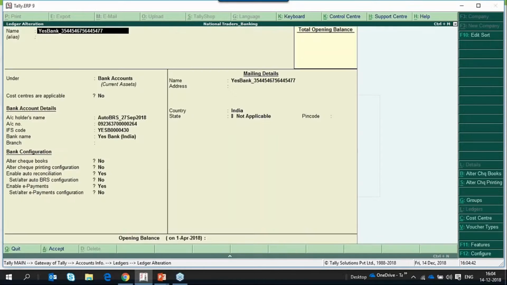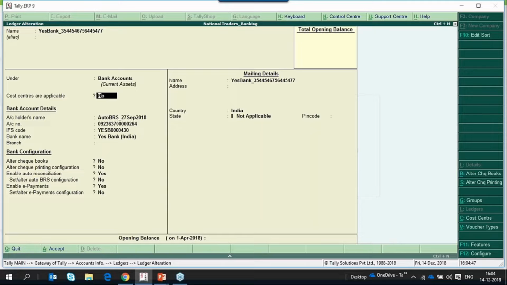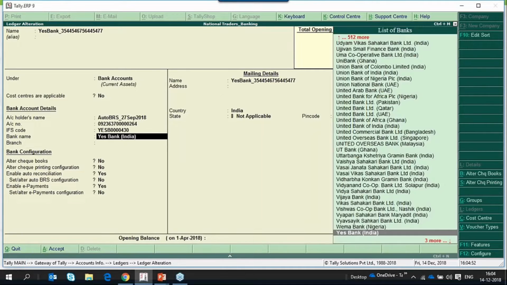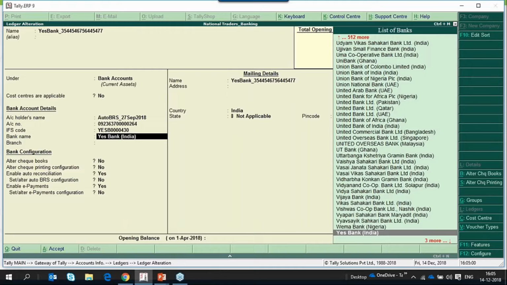S Bank. In this S Bank ledger, we have created under bank accounts and configured the account number, IFSC code, and we have selected the bank name from the list. So selection of bank name from the list of banks is crucial, because based on this bank name only the configurations will get downloaded from the server.